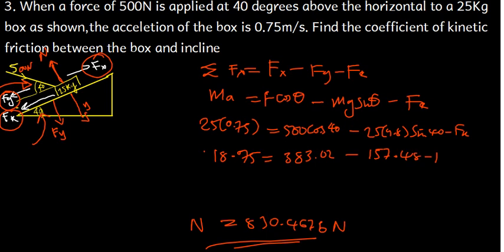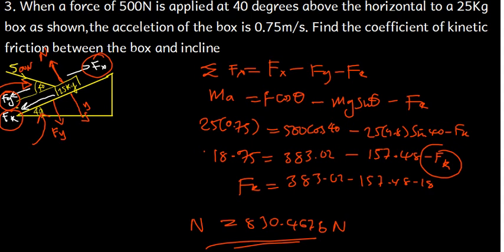157.48, then minus Fk. So what I'm going to do is take this Fk to the other side of the equation. It becomes positive Fk, and then what remains is 383.02 minus 157.48, and then minus 18.75. So this 18.75, I've taken it to the other side. So we have 383.02 minus 157.48 minus 18.75. So my Fk here I'm finding is